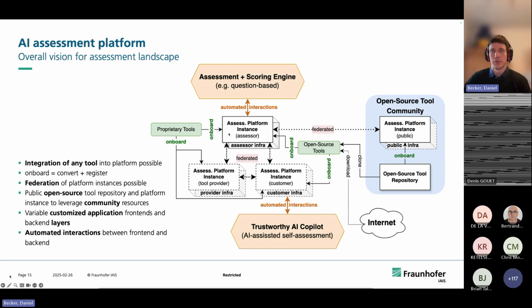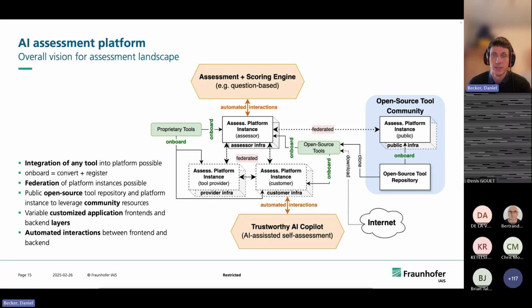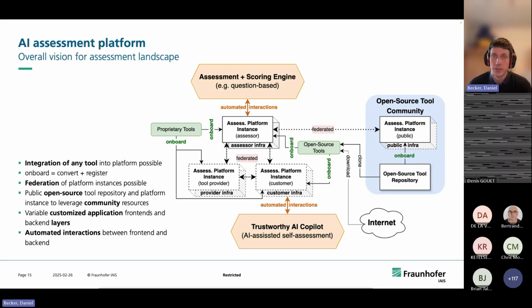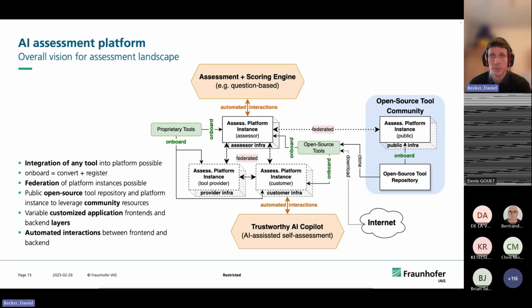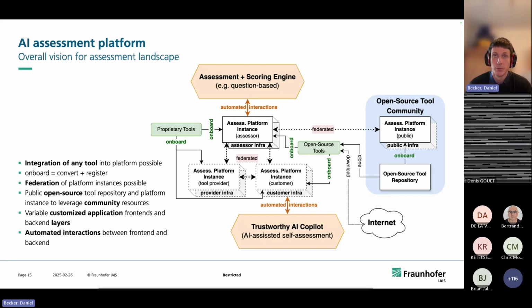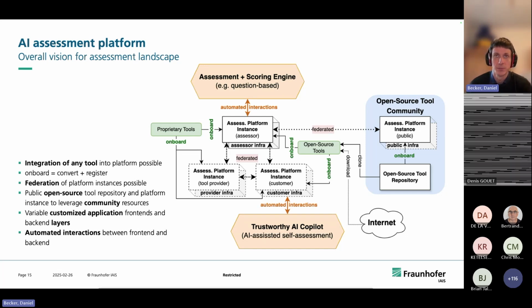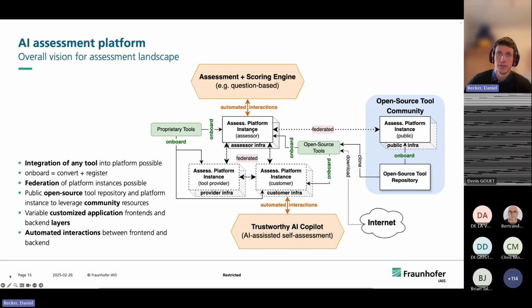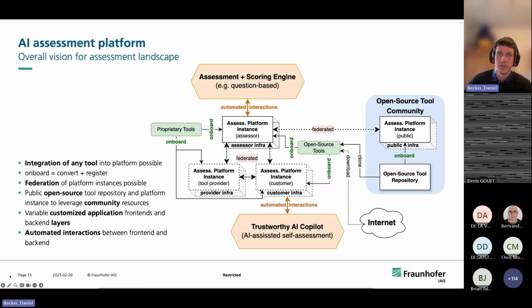For example, we could have an assessor that really wants to offer third-party assessments to companies that produce AI systems, and maybe they devise some kind of question-based assessment where people can sign up and then answer some questions about the AI system, also do some uploads beforehand, or share some model endpoints, and then at certain stages in this assessment, some automated tests will be triggered that run on this platform. So there will be some kind of application front end and some application back end here, and this will then talk to the platform and make this kind of assessment possible.